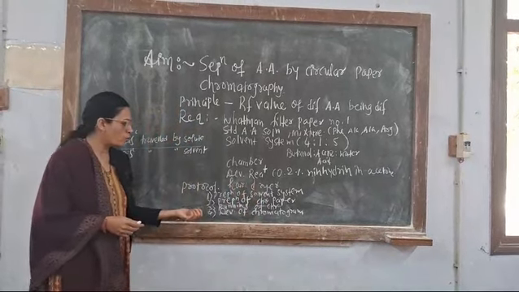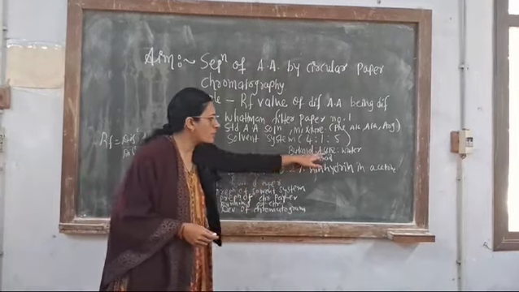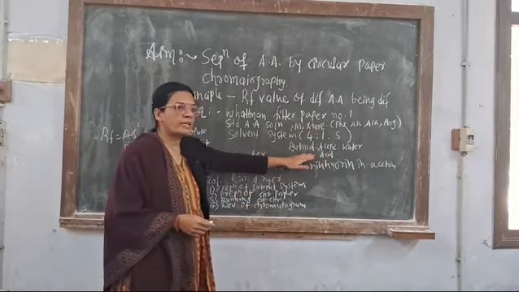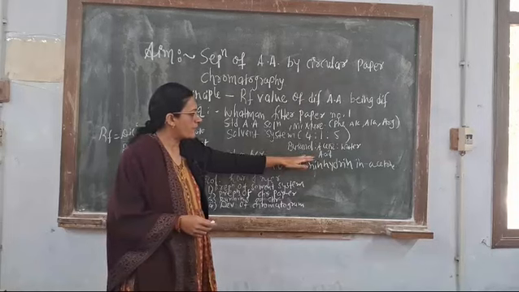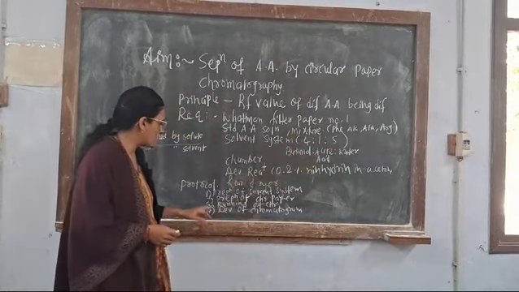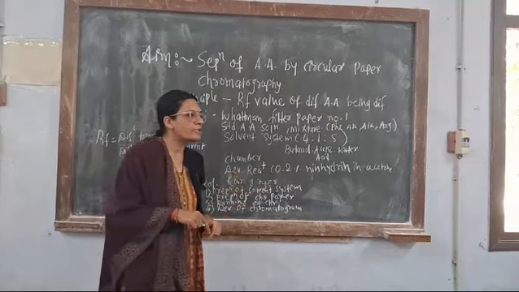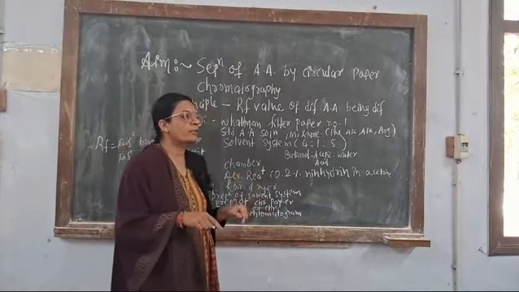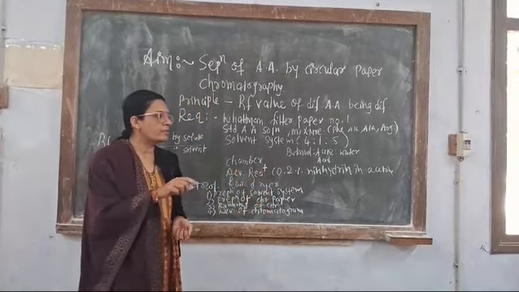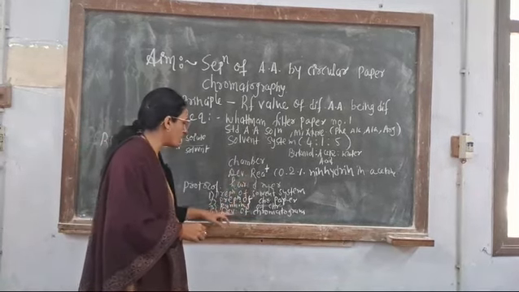The protocol has 4 main steps. Preparation of solvent system: this is our solvent system, butanol, acetic acid and water. The lower phase is used to saturate the chromatographic chamber and the upper phase is used as the solvent system. Then preparation of chromatographic paper according to the chromatographic chamber. Here we are cutting the chromatographic paper. Okay. For example, 23.5, and at the center, draw the center and make the spots of different amino acids.